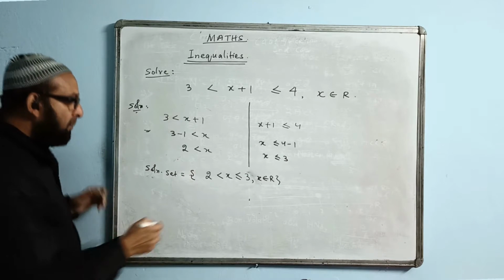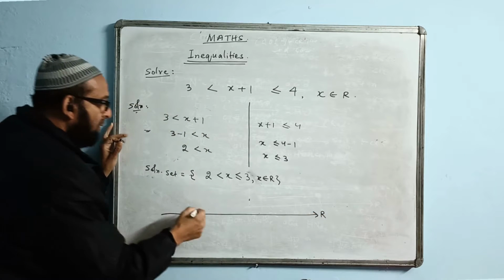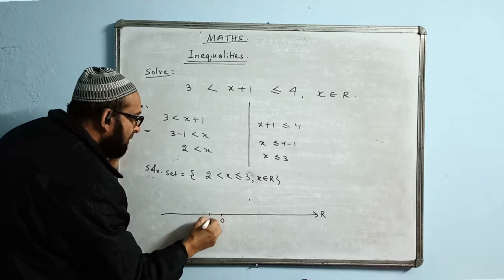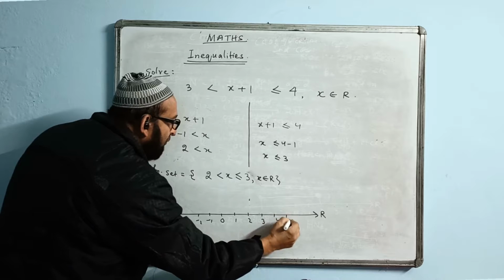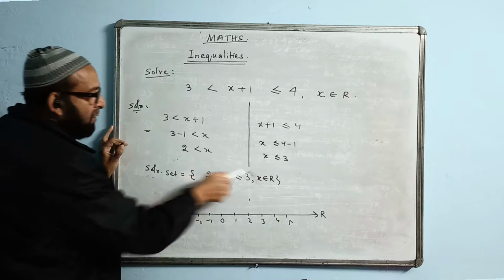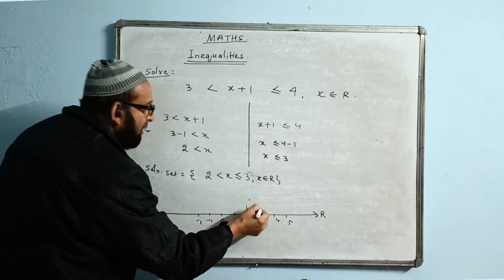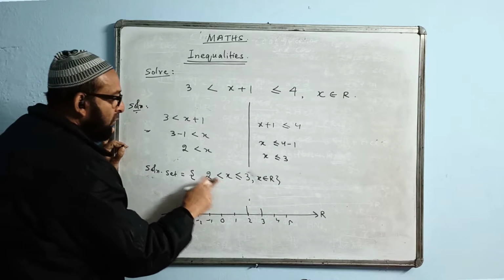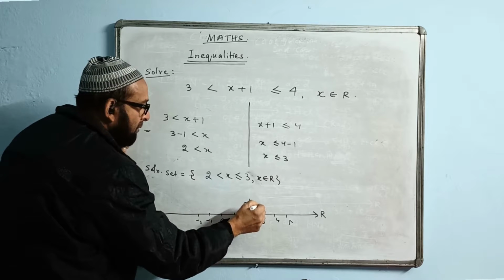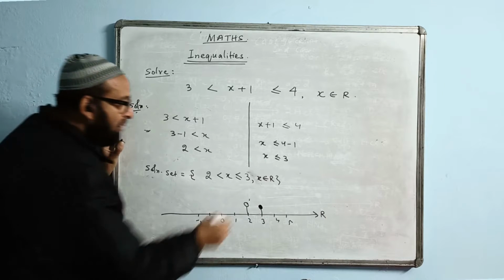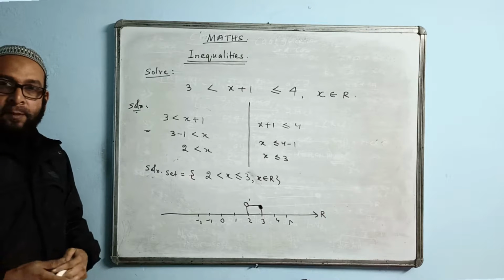And how to show them on the number line? On the number line, we will be drawing this the previous way. Real numbers, let us show some real numbers: 0, this side minus 1, minus 2. You will show a little more: 1, 2, 3, 4, 5 like that. Where is the answer? 2 and 3. Here we will put 2, real numbers, we will draw a line here. 3 is another one. There is no equal sign, so I will keep a hollow dot. There is an equal sign, so I will keep a solid dot and join them by a line like this. Draw the line. This is the answer.